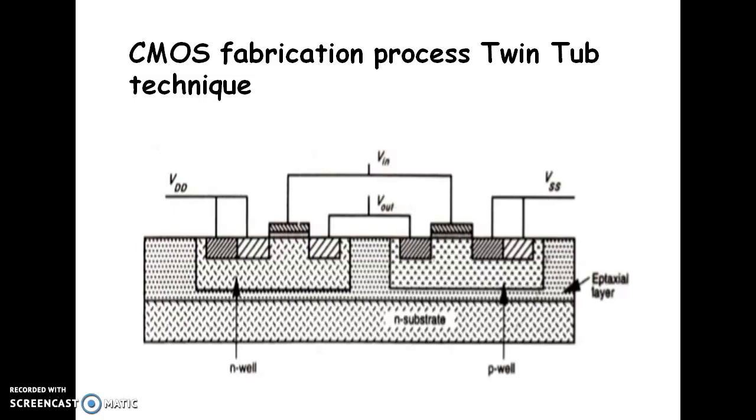Here we start with a substrate of high resistivity N-type material, and then create both N-well and P-well regions. This process makes it possible to preserve the performance of N transistors without compromising the P transistors, doping control is more readily achieved, and